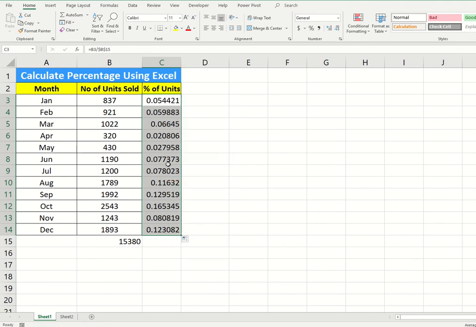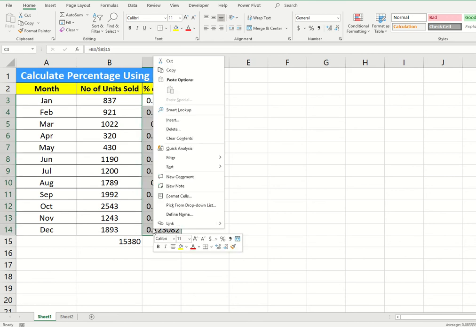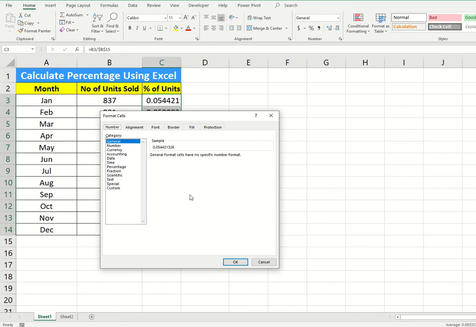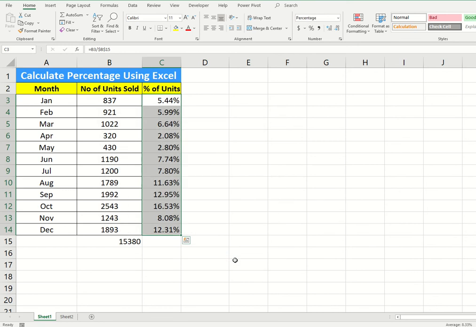Now to change this decimal number to a percentage, we have to do the formatting. It's basic formatting. First we have to select the range, then right click and choose the Format Cells option. Once you click on Format Cells, you will have different kinds of options. You don't need to go through all of them. You directly come to Percentage, which is highlighted in blue. Then the decimal places, how many you want to see, like 0, 1, 2, 3. Usually 2 will be a good number. Then click OK.